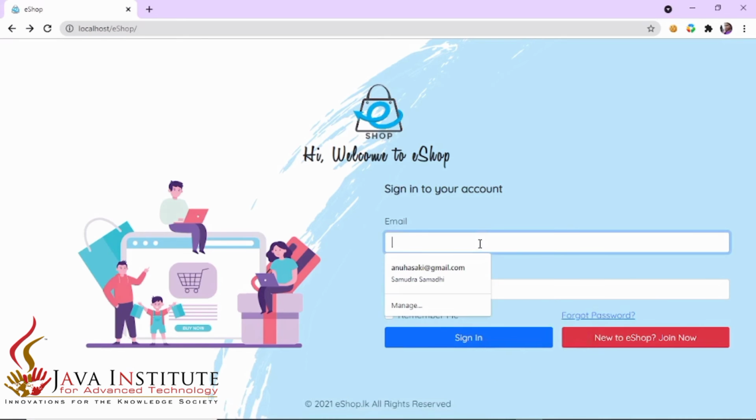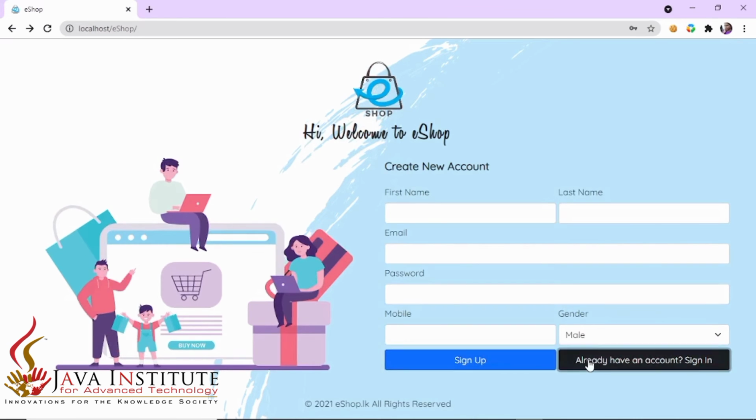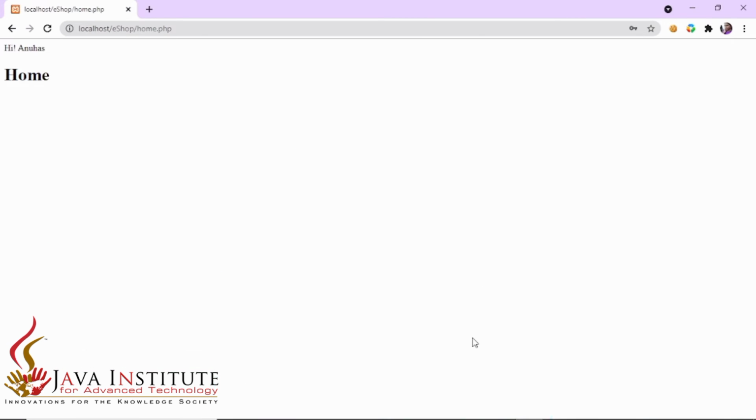Here I am logging in the user as institute work 678, and I am giving the password as 456789. So then I am going to sign in. So you can see the first name of the user and this hi is printed within this paragraph tag, and this is the home I have used here.